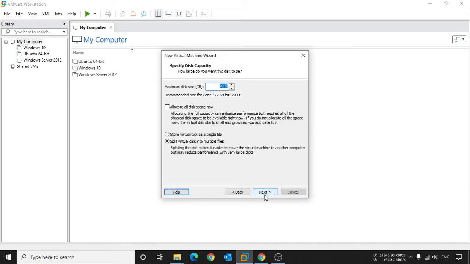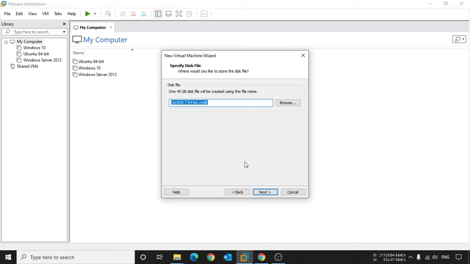Then create a new virtual disk. Once you have created the new virtual disk, it shows the disk size as 20 GB. You can set it as per your requirement. I have selected 40 GB, and I recommend that you choose to store the virtual disk as a single file. So I have clicked that and click the Next button.